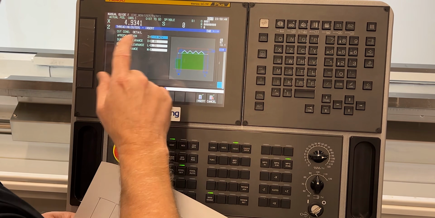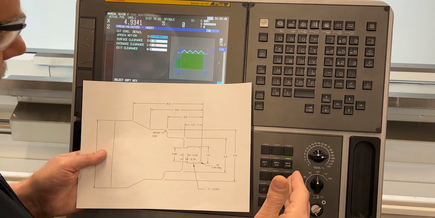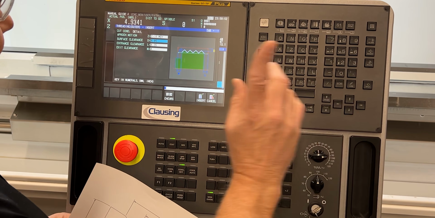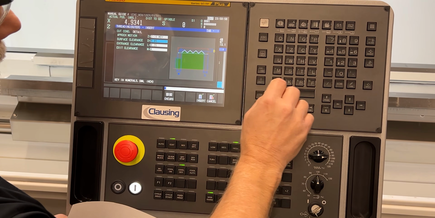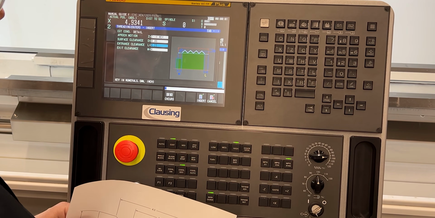So approach motion, again, I'm out here somewhere, and then I'll go Z first and then X to the start of the thread, which I have not developed yet. So surface clearance on the X, if you can see that, we're going to leave it at 60/1000ths. Entrance clearance,